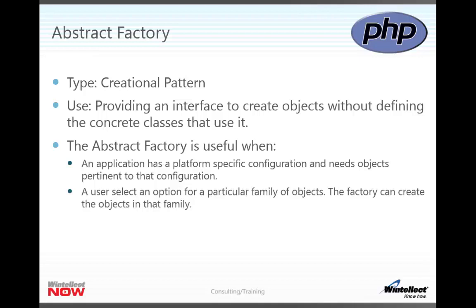So what I do is declare an abstract factory interface that has methods like get button, get window, get text box, get form elements, and then each implementation of that abstract factory, one for Windows and one for Mac. In my code at runtime, I can select one of those two factories depending on what configuration I'm running, and then call the factory method to get back the objects for each particular platform. Another instance would be when a user selects options from a particular family of objects, the factory can create objects in that family.